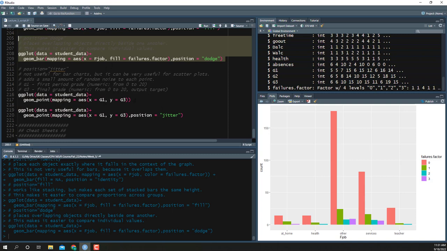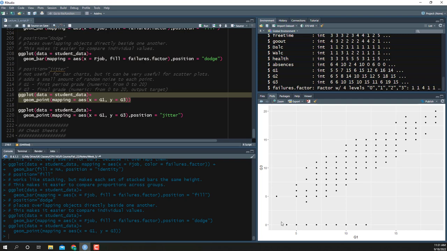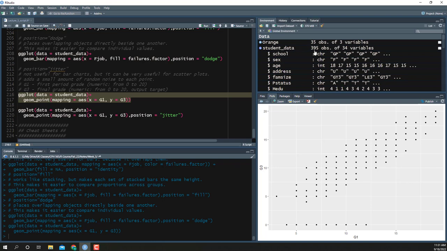But just to give an idea here, two of the variables in the data set are G1 and G3, which are different grades. So if I make this plot, notice because grades are recorded as whole numbers here, what happens is you get a lot of overlap in the points. So this particular data set, if we go back up, has 395 observations, but there's not 395 points here. What's happening is some of those points fall on top of each other,